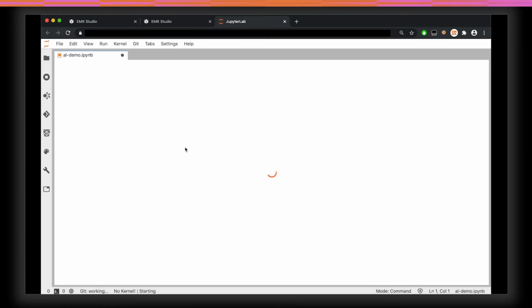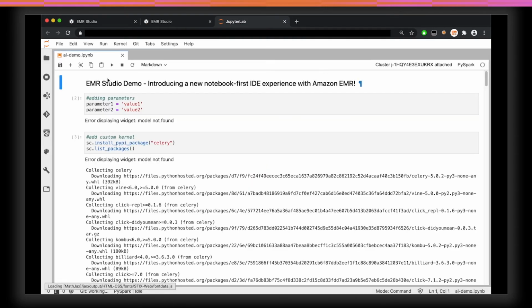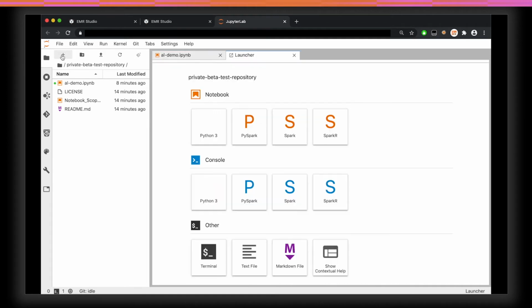Data scientists and data engineers can single sign on using their corporate identities and don't need to go through the AWS console to access their notebooks. Once logged in, you can work on fully managed notebooks based on the familiar JupyterLab interface. Studio gives you the flexibility to create notebooks independent of clusters. You can parameterize your notebooks